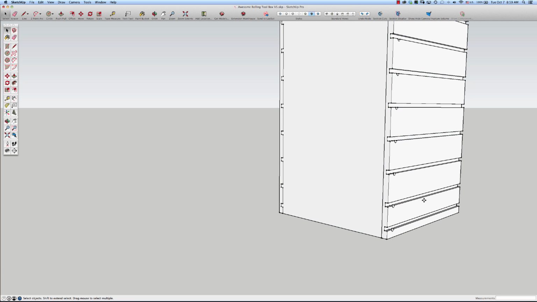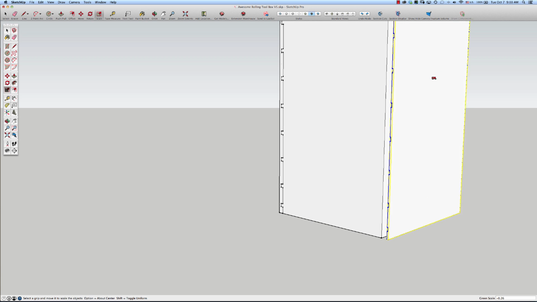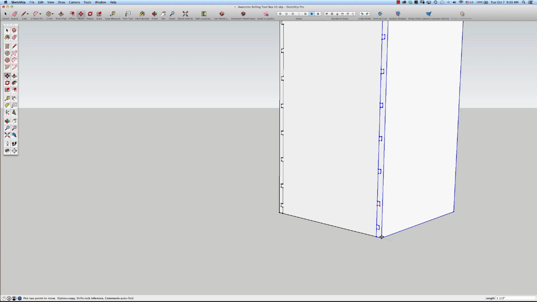Now this one, I need a mirrored image. I can't rotate it or flip it or reverse it because it's got a front and a back. So I'm going to just hit the S key for scale and go to this middle, and you can see the blocks get highlighted red. I'm just going to pull it out, and if you look down here, it's -1. That's an exact mirror image. All right, so now that's done, I'll grab that, move it into place, and now I have the sides done